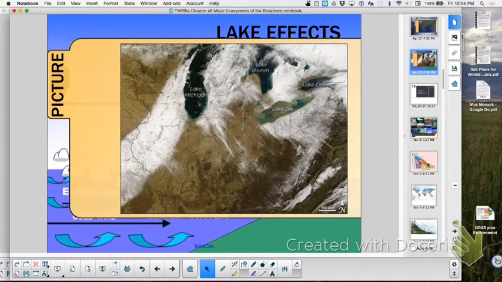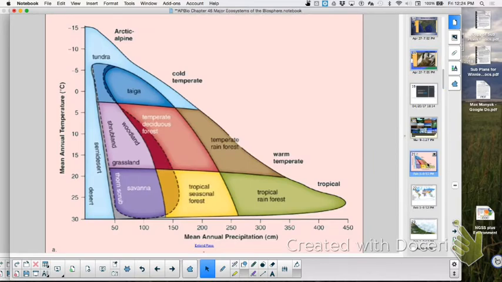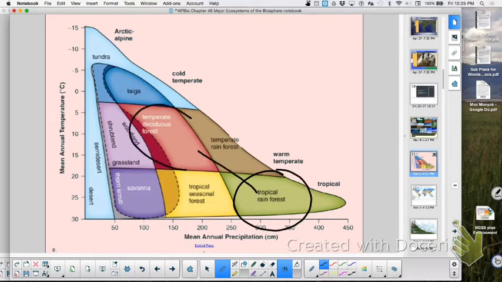Okay, then the next thing we looked at was a climograph, and I think I gave you one also, and how you can, purely based on temperature and rainfall, not topographical features, pick out all your biomes. Not that you're going to have to memorize them, but you want to make it make sense to you. If we work our way this way, right, taiga would be like a coniferous forest, and then we have tundra. Right? So we are decreasing the amount of rainfall as we work from right to left, right?